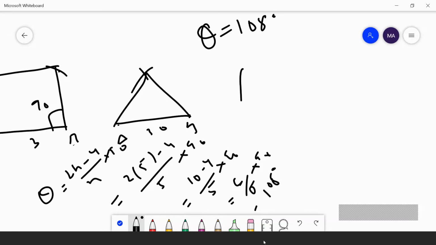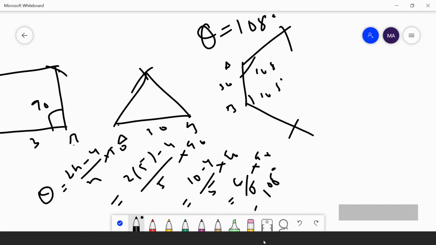So how will you draw a pentagon? See here, I am taking a side. You can draw in different ways. I am taking a side AB of 30 mm. I am marking 108 degrees on this side and 108 degrees on this side. This angle is 108. Understand? From here I am cutting 30, and from here I am cutting 30. It will form a pentagon. Is it clear?